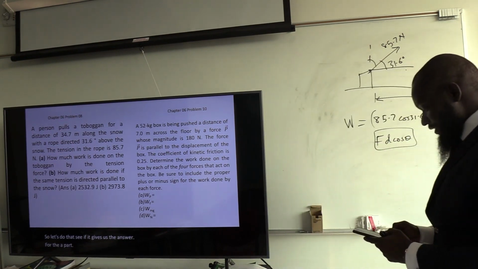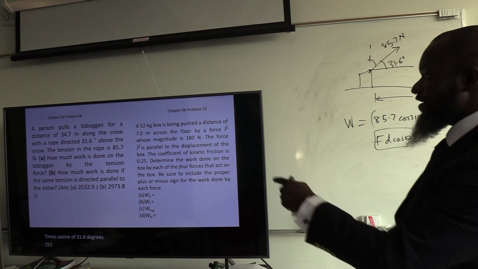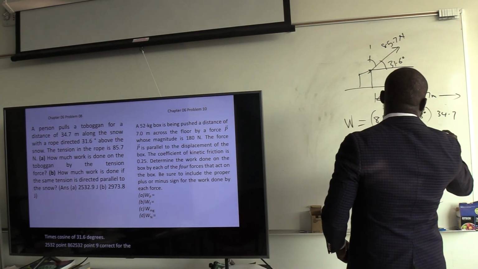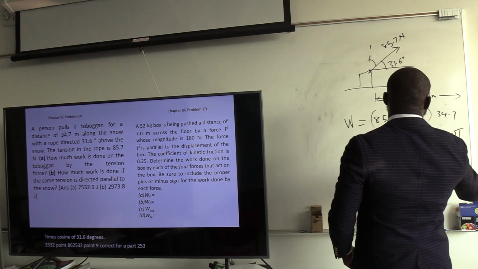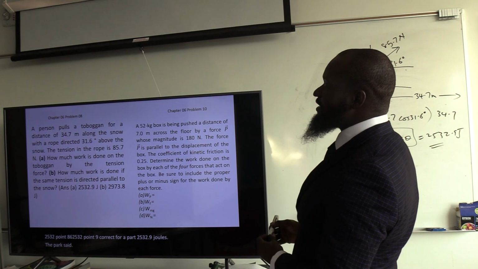So 85.7 times 34.7 times cosine of 31.6 degrees. 2532.86, so 2532.9. Correct for the A part. 2532.9 joules. The B part said, how much work is done if the same tension is directed parallel to the